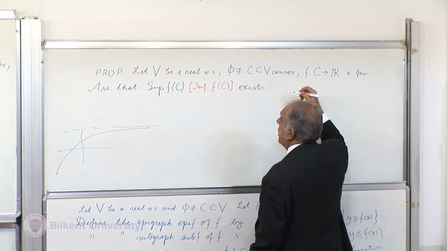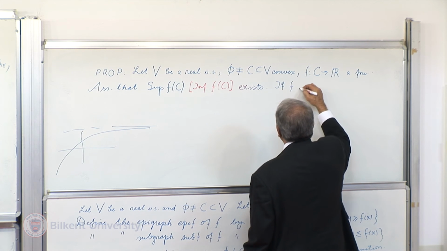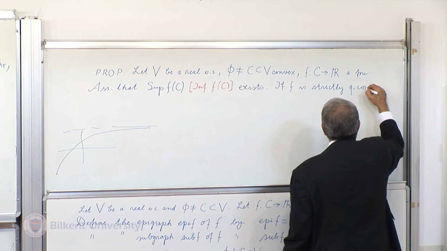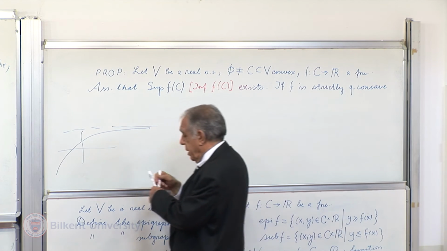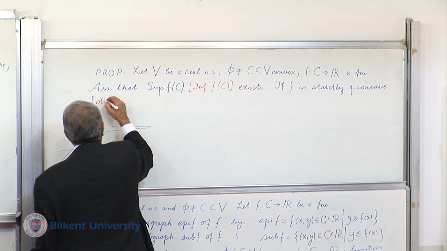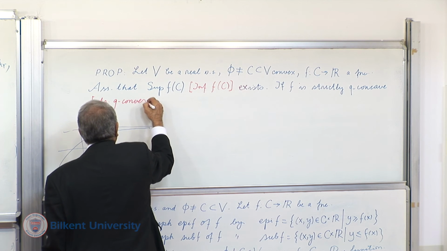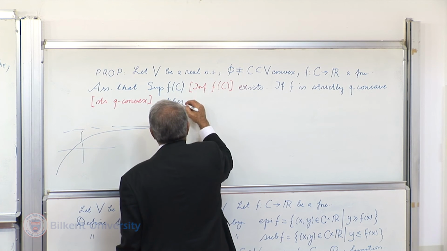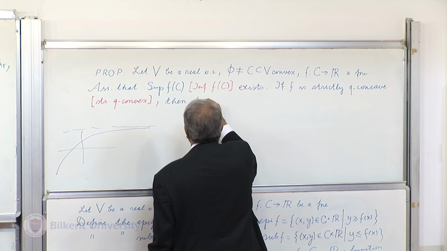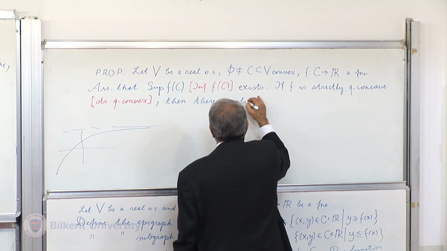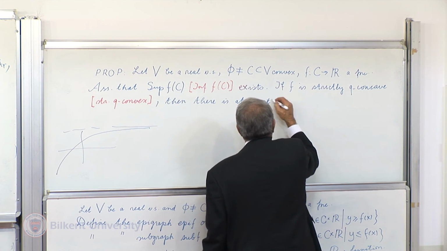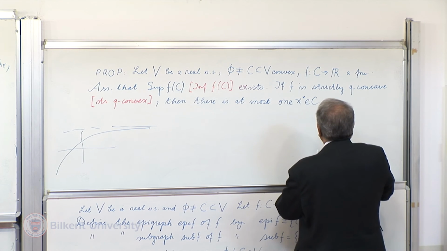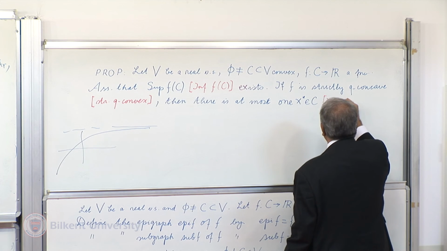Well, if f is, for the first case, strictly quasi-concave, and for the second case, it is strictly quasi-convex, then there is at most one x upper star in C, respectively, x lower star in C,